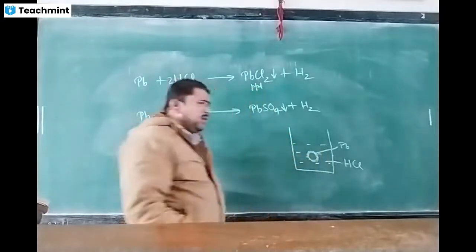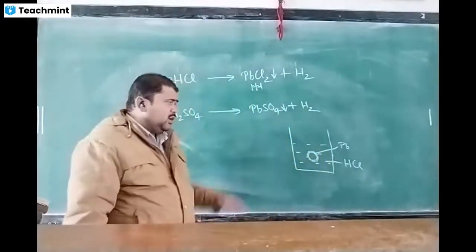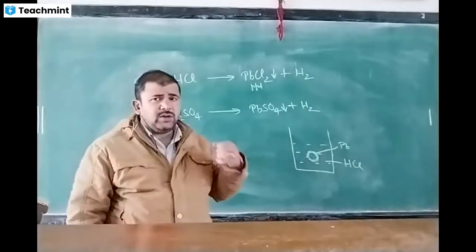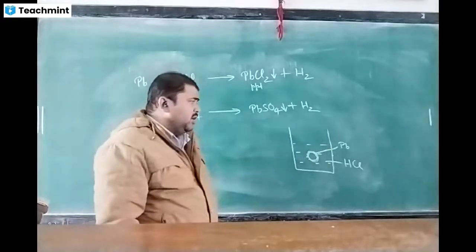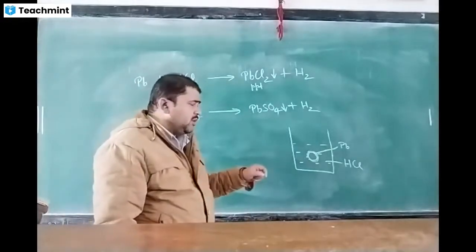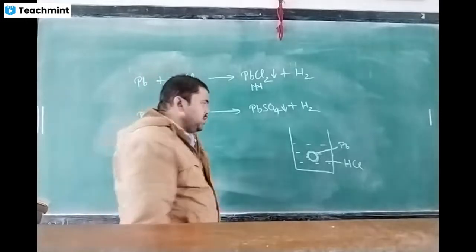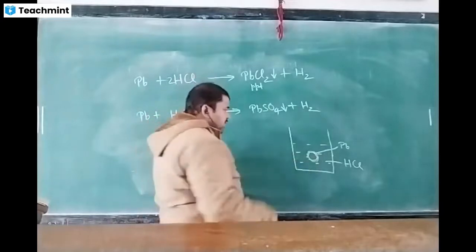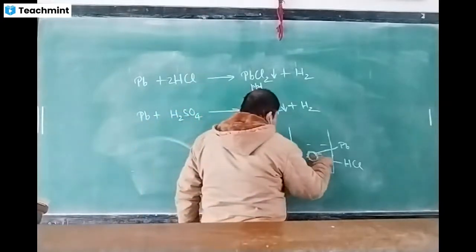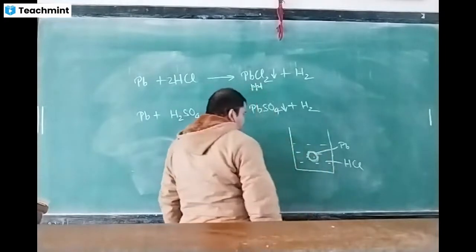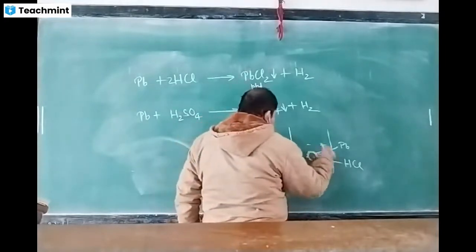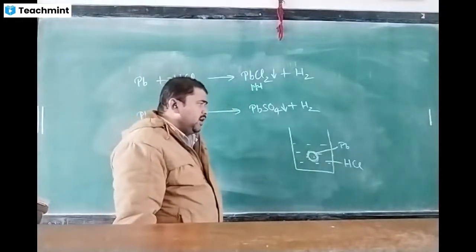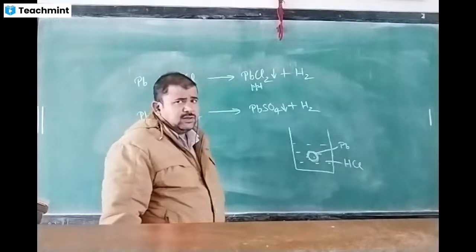When the concentration of PbCl2 increases, PbCl2 is deposited on the surface of the lead. After some time, more lead chloride forms in this reaction and is deposited on the surface of the lead. Due to this deposition, the remaining lead is not in contact with the acid. The remaining lead cannot react with the acid, because it is covered by the lead chloride substance.